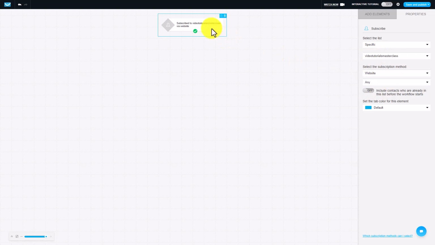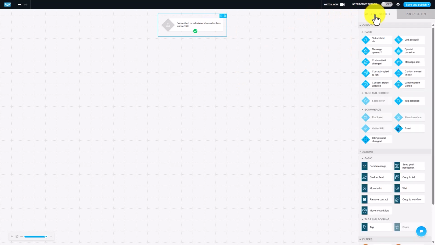So for any trigger that you will be setting in motion, you'll be able to customize the properties. If you want to come back and add elements, you can do it here in this area. So what you'll notice is that a workflow consists of a trigger or triggers, as well as actions. So now that you have set a trigger in motion, what you'll want to determine is what you want to have happen for this specific workflow as a result of this